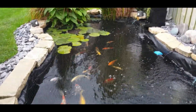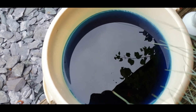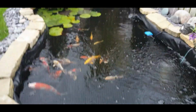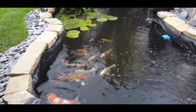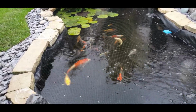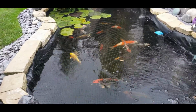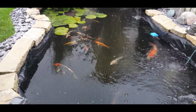So as you can see, we have a bucket of pond water with the mixture of FMG in, and once we put this in, we're not going to be able to see the fish for 2 to 3 days. And it says to switch off the ultraviolet, so we're going to pop this in and we're going to see if we can get this fish, because the